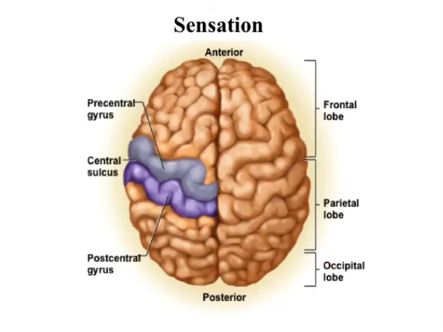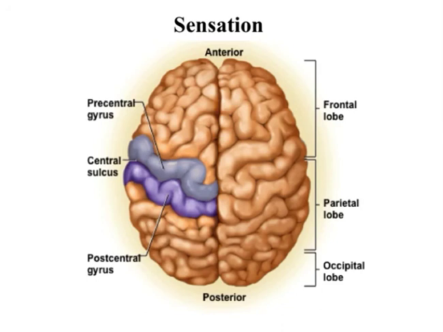Okay, let's talk about sensation. What you're looking at here again is a superior shot of the cerebral cortex. This is the anterior aspect, the posterior aspect. This is the precentral gyrus, this is the central sulcus, and this is the postcentral gyrus. The primary sensory cortex are the sites where sensory input is first received and you become conscious of the stimulus. Association areas near the sensory areas that process and interpret that sensory information are involved in us formulating an appropriate